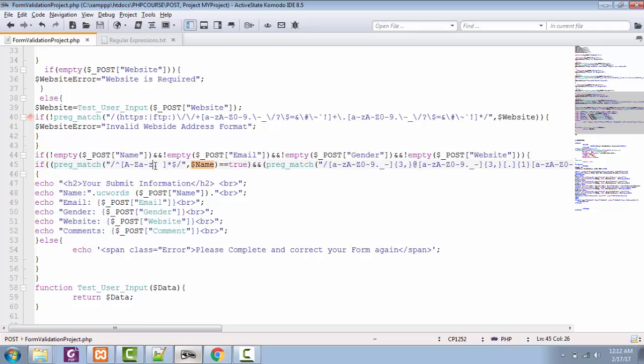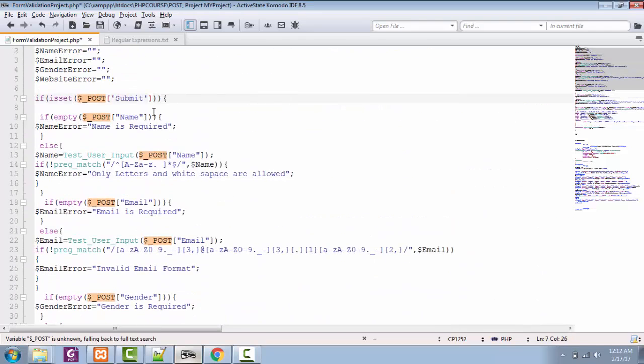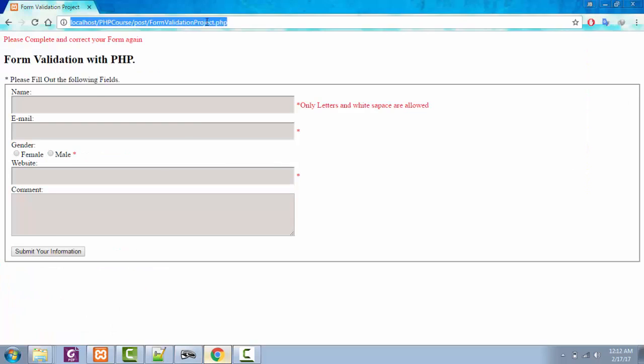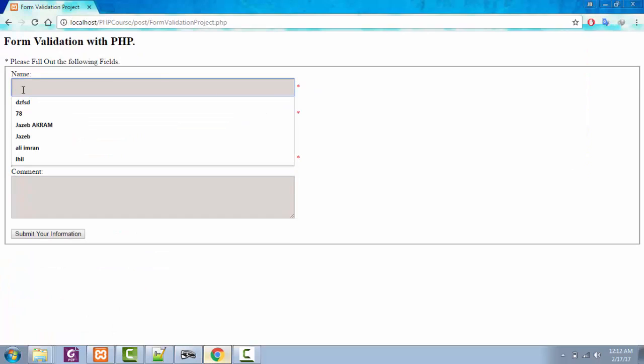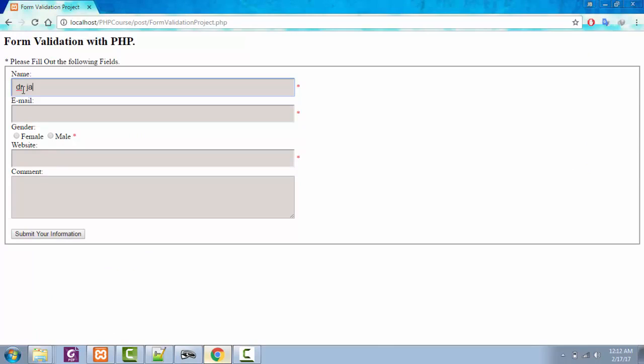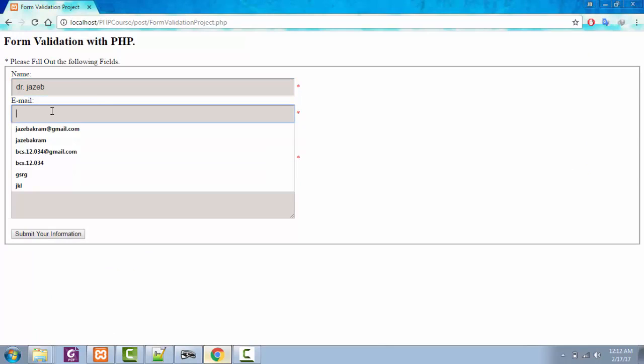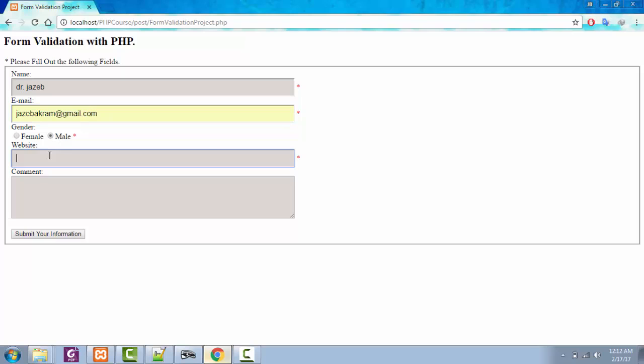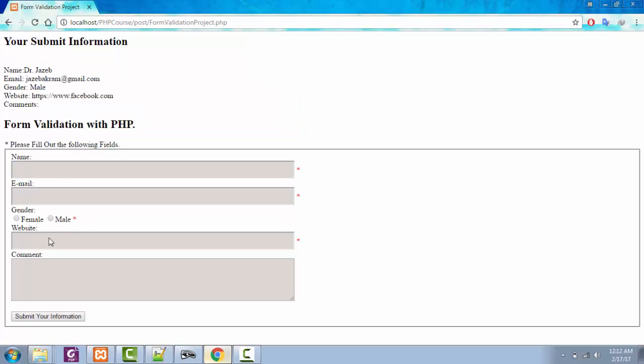We added the dot here, but we need to backslash this dot in my regular expression of name, and in here backslash dot here too. Saving this one out, refreshing the page. Dr. Jazib, email, mail, website, submit. We are getting our Dr. Jazib, and Dr. is valid now.